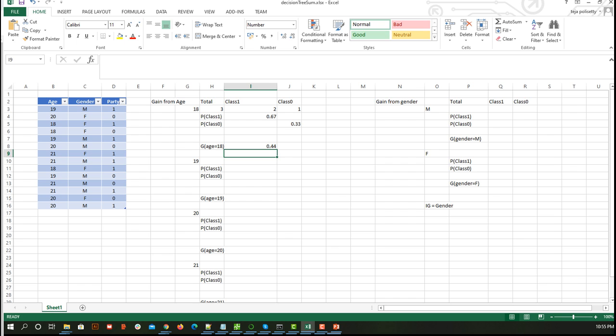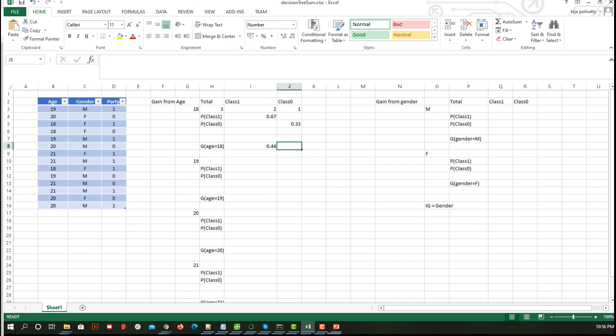Yeah, so 0.44 is the value that I am getting with respect to age 18. Okay, now what was that? This is basically we are calculating the impurity. And what method are we using? The Gini method. And why are we using the Gini method? Because our output belongs to something called a categorical value. So let's similarly calculate for all the others.